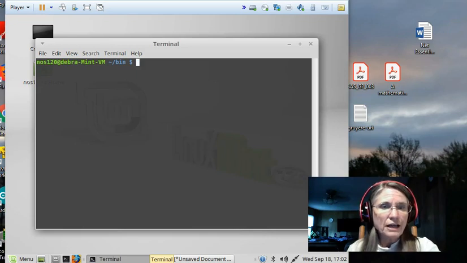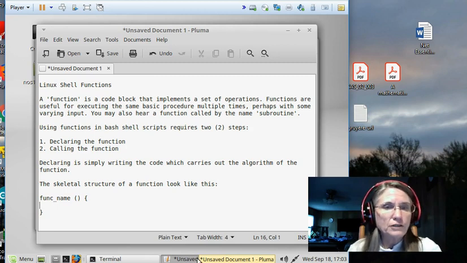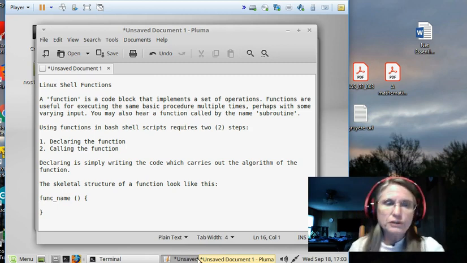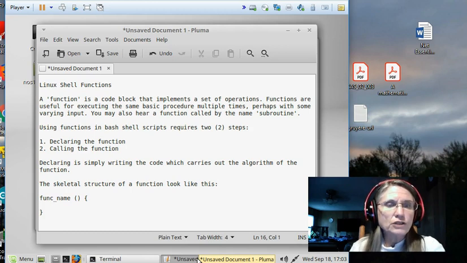Hey, today I am going to do a really short video talking about using functions inside of Bash scripts. So let's start by just looking at some of the facts about a function. So functions inside of the Linux shell, specifically Bash, is just a code block that is going to carry out